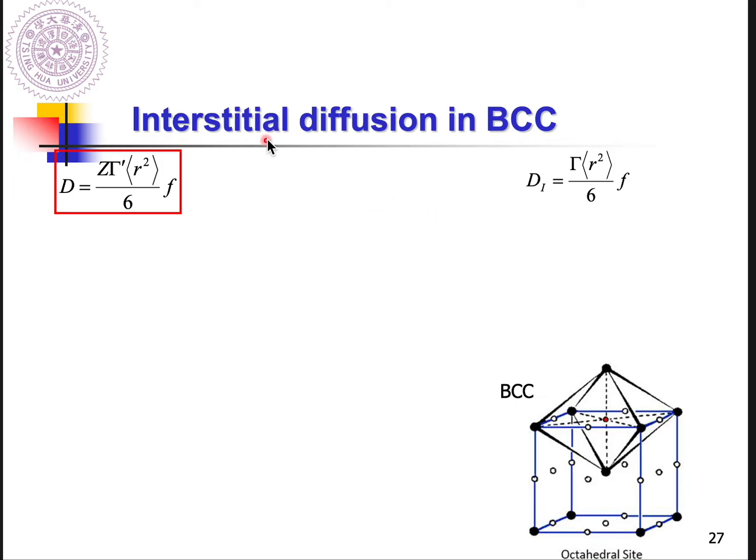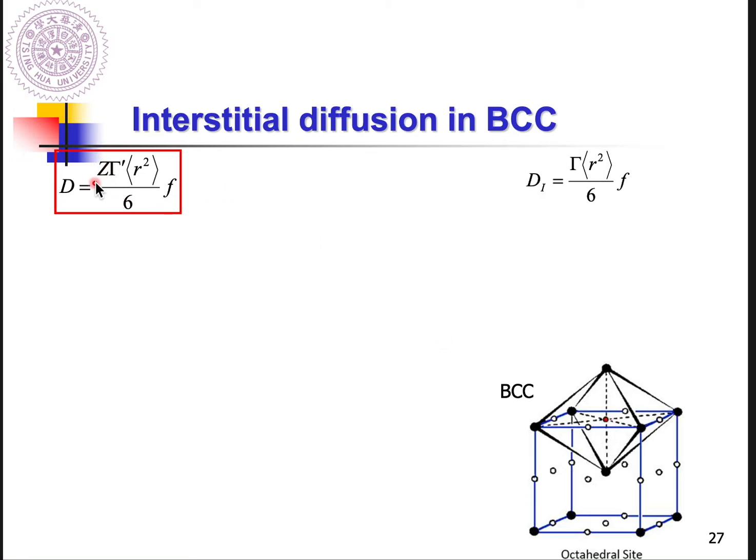Let's take a look at interstitial diffusion in BCC. We have a BCC here, and for the interstitial diffusion we assume the solute atom or diffusing atom moves along the octahedral interstitial sites, which we labeled in white. And also we copy the equation we derived in the previous slide. Its diffusivity can be expressed like this. So